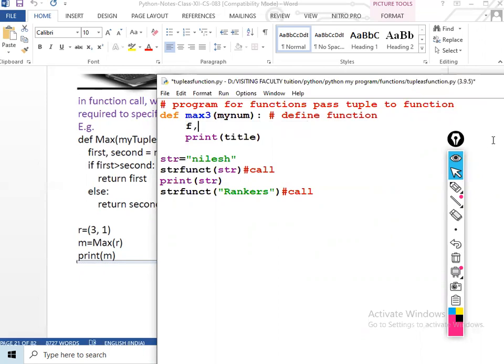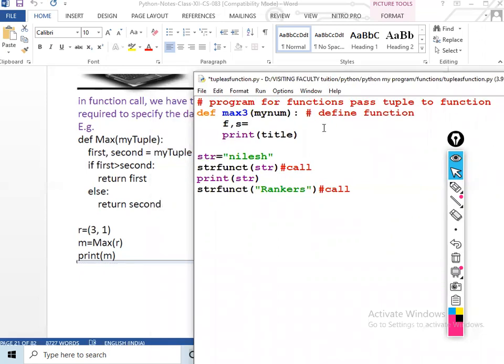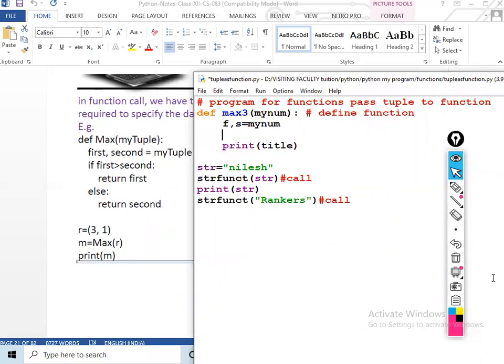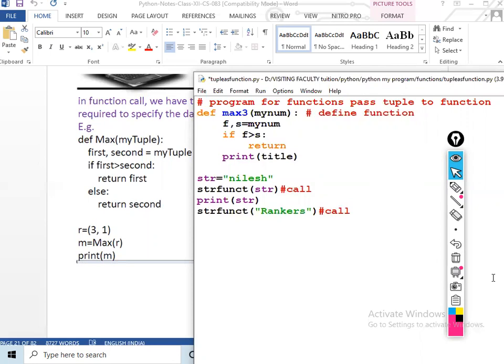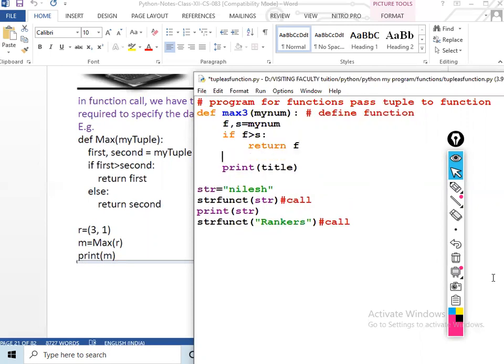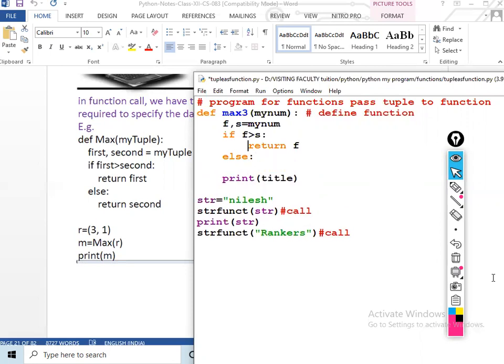First comma second equals my num. If f greater than s, return f, else return s. Now we have to call this function in the main program.